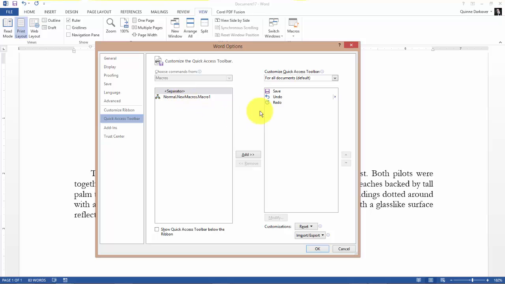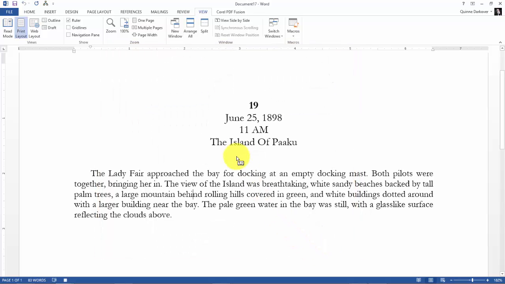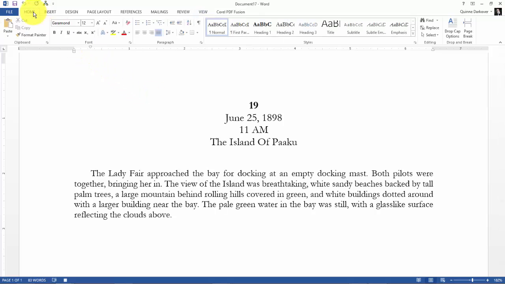And we get this page, and see it's added normal new macros dot macro 1. Yeah, not exactly the most exciting thing. So we're going to select it and hit add, because we can't change the name yet, and select OK. Now if you look at my cursor, it has a little itty bitty square there, and that's supposed to be a videotape, I guess. It's recording every mouse click. So I'm going to take it back to home,